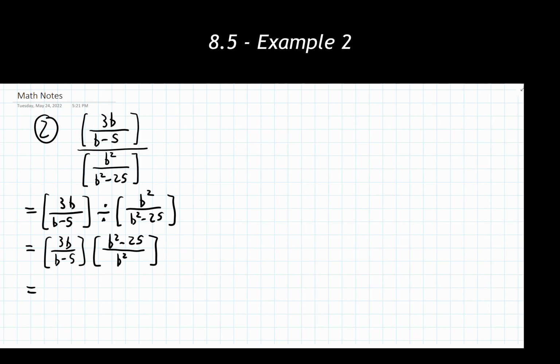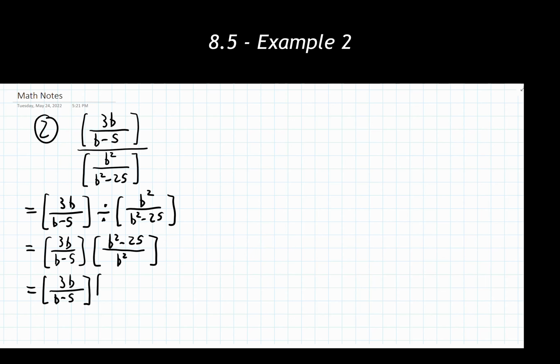Just how I go through these. So, if I'm going to try and simplify this down, I need to fully factor everything in the numerator and the denominator of all fractions. So I'm looking at my first fraction, and I can't factor anything out of the numerator, I can't factor anything out of the denominator. So once again, it's just going to get rewritten exactly as it is.